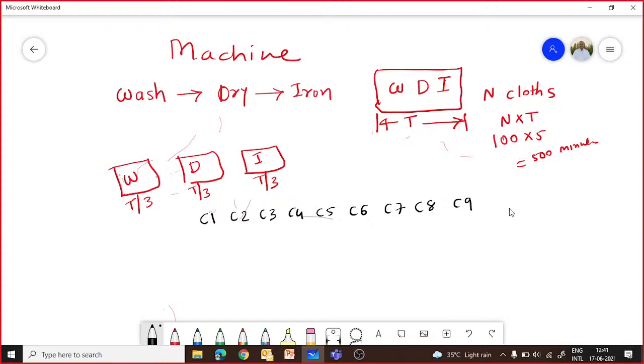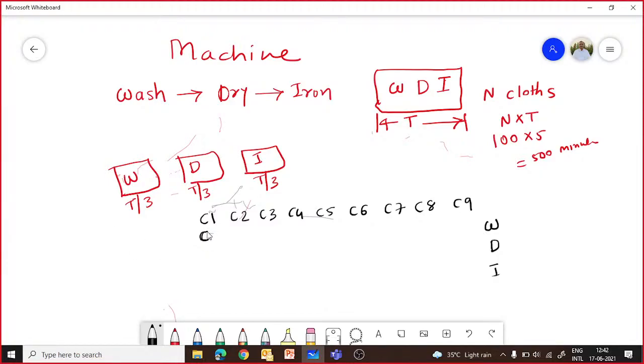Okay, and let's consider that these cycles in our example are cloth 1, cloth 2, cloth 3, like that. And considering that, initially we have 3 things, W, D and I, where W means wash, D means dry, and I means iron. Now consider that this first C1 is for washing, right?